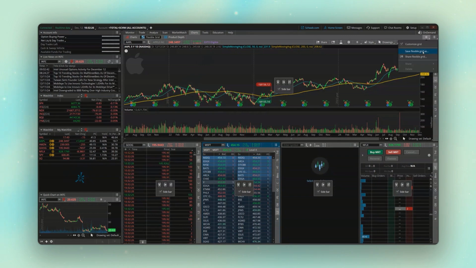Like I mentioned at the beginning, a lot of this is going to be based on you, based on how you trade and the setups you like to use. But take your time, customize it how you like, and then when you're interested in learning more, go ahead and